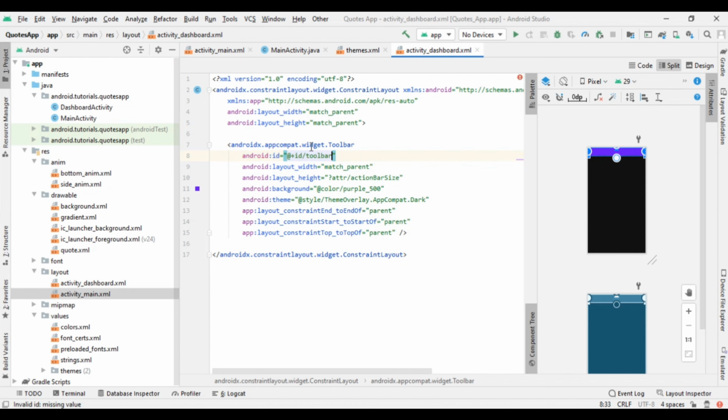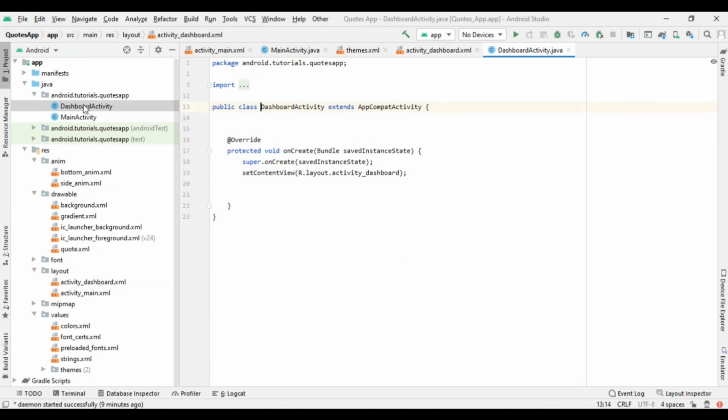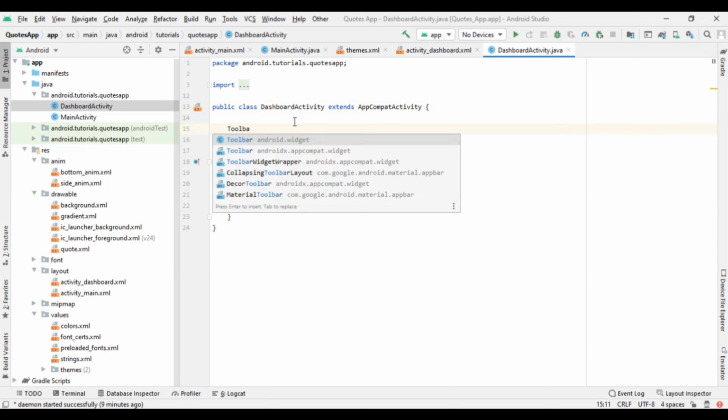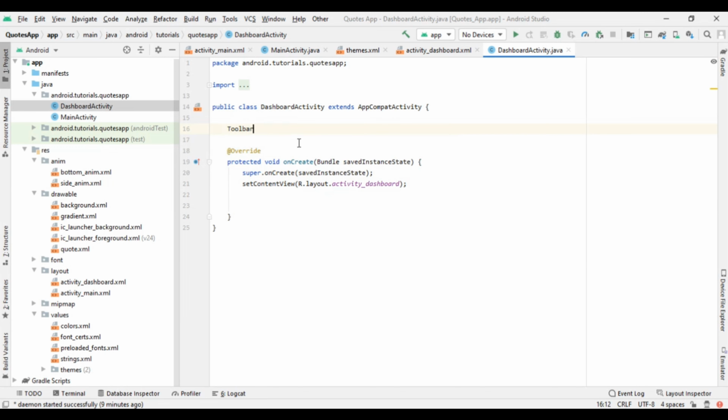So after assigning this id, we have to come into our DashboardActivity.java file, which is here, and here we have to implement that toolbar. So implement Toolbar, you have to import the right toolbar, which is androidx.appcompat.widget, not android.widget. That will not work.